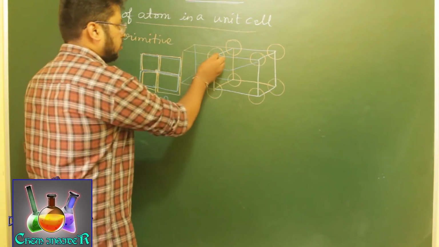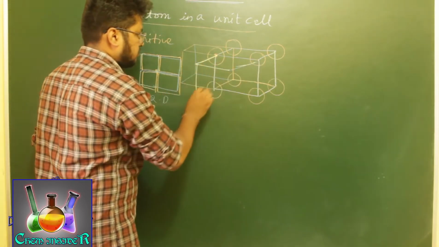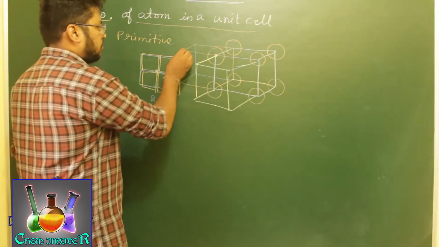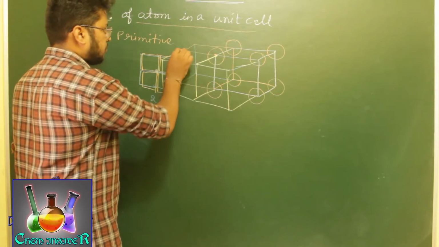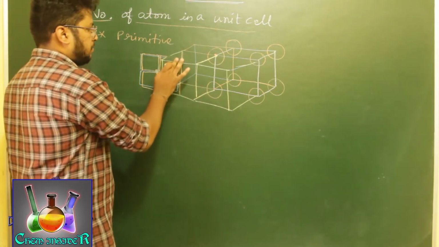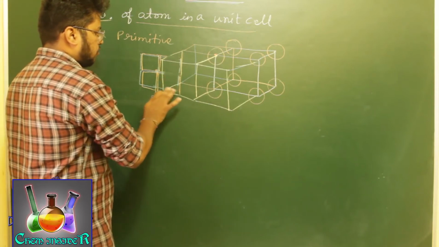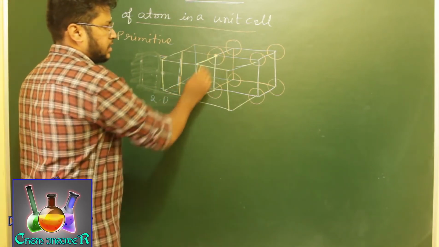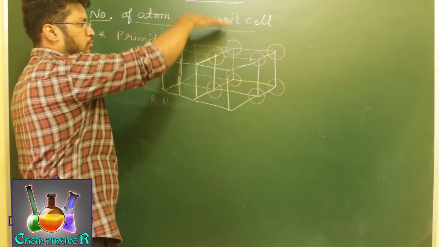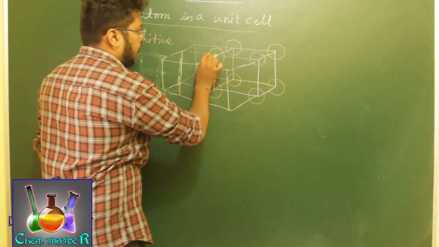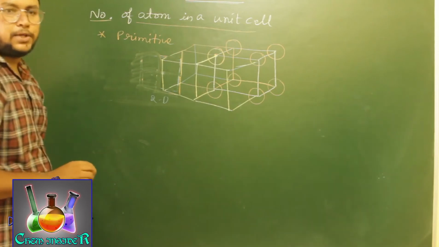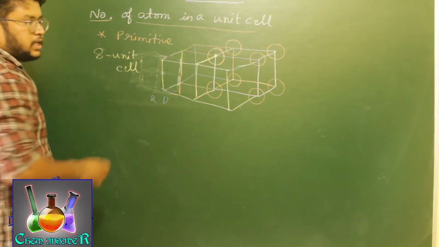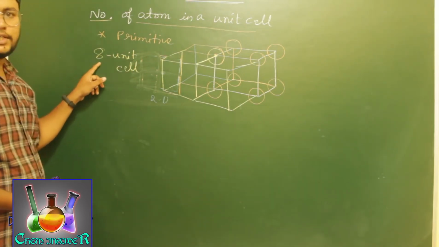We'll take it in yellow. So this is again a unit cell attached to the one behind, and similarly one more unit cell like this, right? So this complete unit cell is sharing one particular atom with 4 unit cells in one layer. There will be 4 more at the top. So one atom present at one corner of a unit cell will be shared by 8 unit cells. One atom present at the corner of a unit cell will be shared by 8 unit cells.